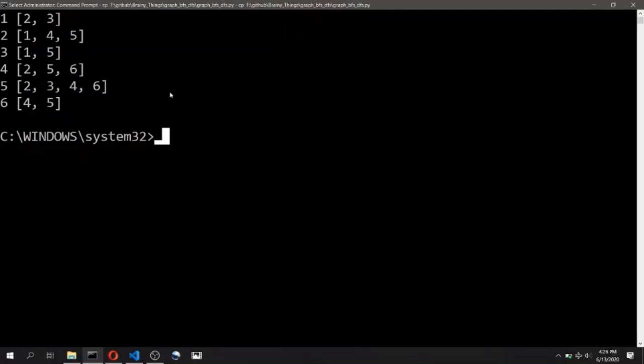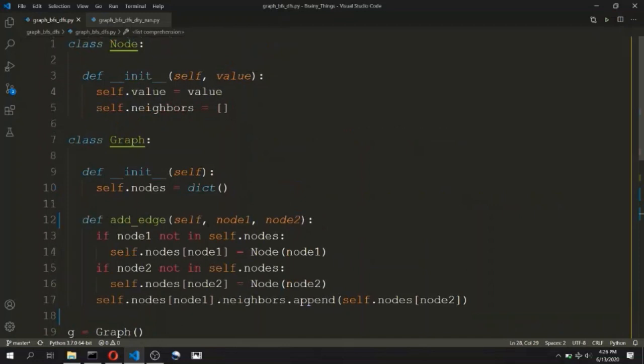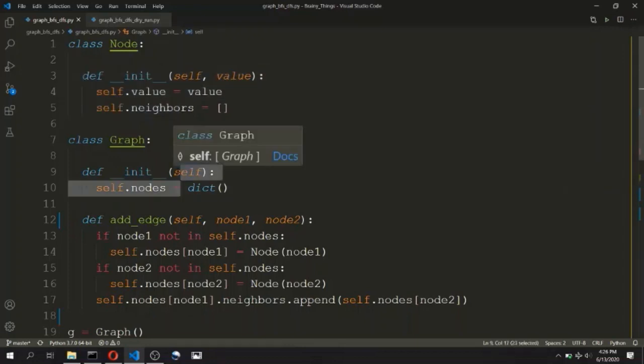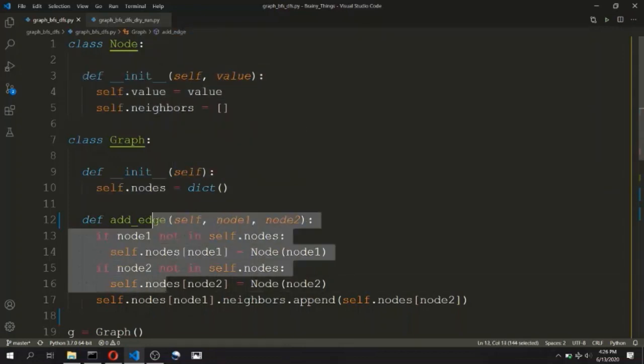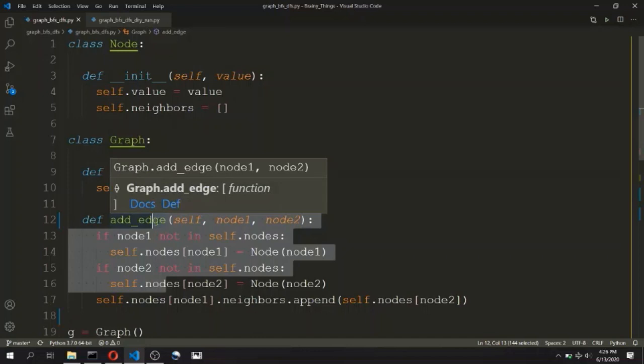So in this way we have completed a minimal but working graph data structure. Do you still think graphs are tough? We just had to write some logical statements to define the constructors of node and graph and for connection between the graph nodes. That's it.